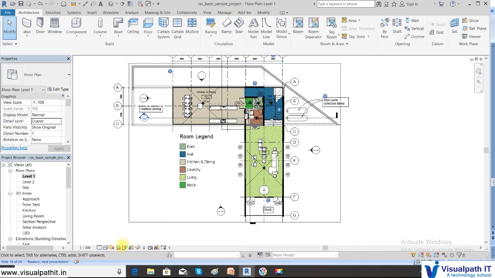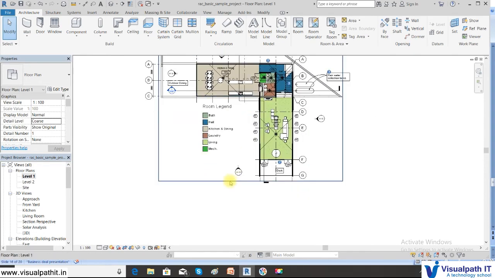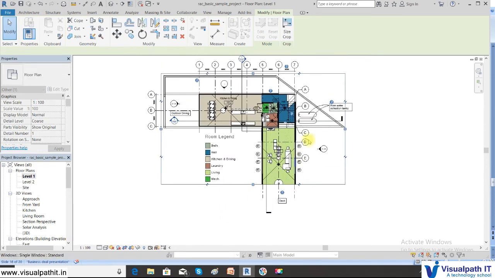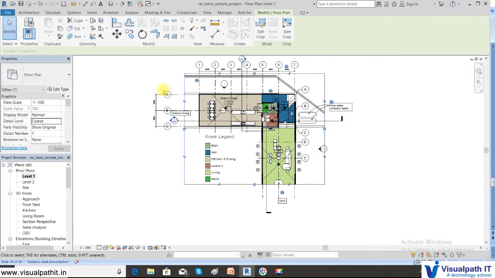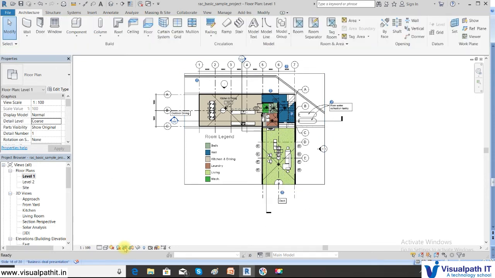Before that, there is a button called do not crop the view. Now when I want to crop the view, you can see that all these things will go off. You can even control this. Select that and just move it so that you can crop your views. Now the views are not cropped. You can see I have moved the crop region, but these things are shown. Now when I click this button, okay, now you say do not crop. Now you can see the amount here, it is cropped.